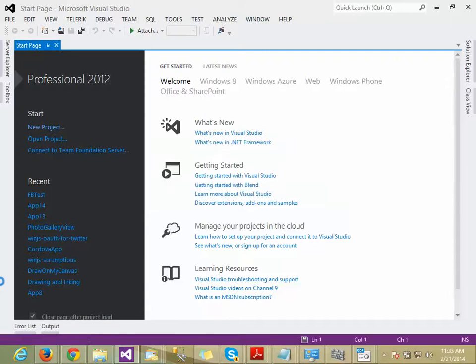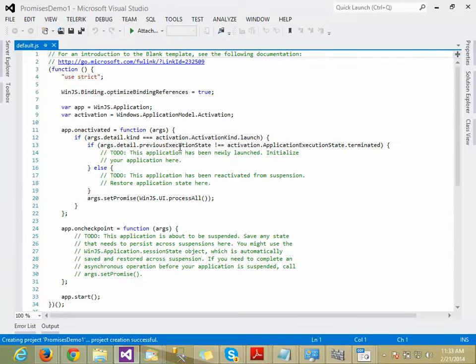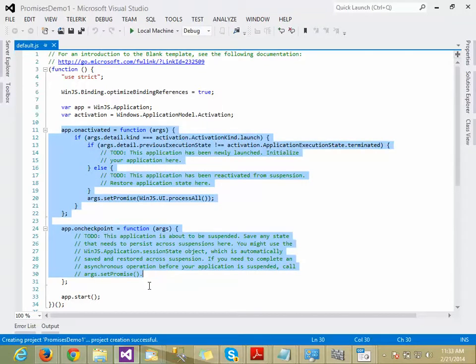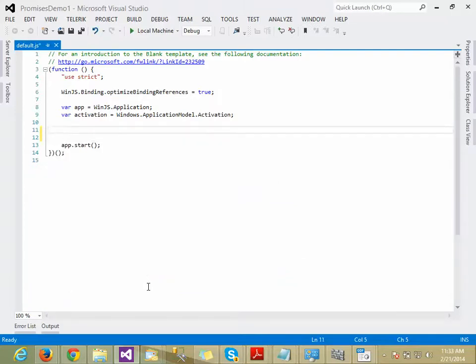Looks like the background thread is running for too much time. It's taking time, so we don't need on activate and on checkpoint right now. I'm just removing them and adding an app dot.